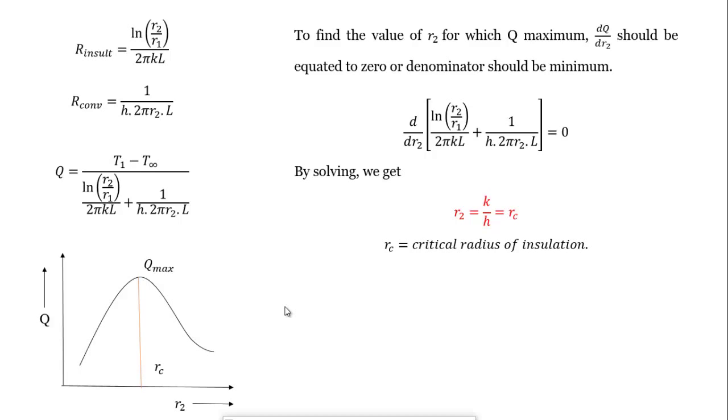Now we study the sphere. This has the same derivation, the only difference being that RC is equal to 2K by H. Means here for the cylinder we have K by H, and for the sphere we have 2K by H. Means the only difference is